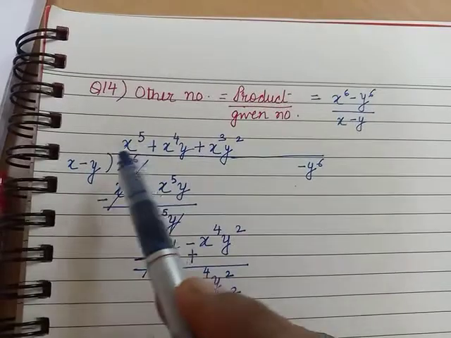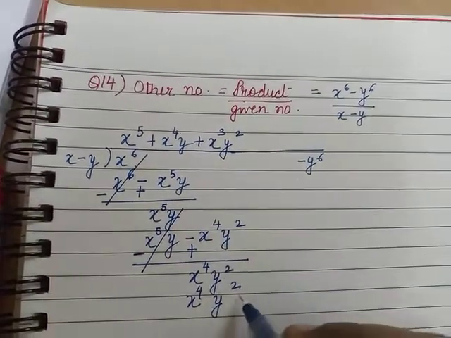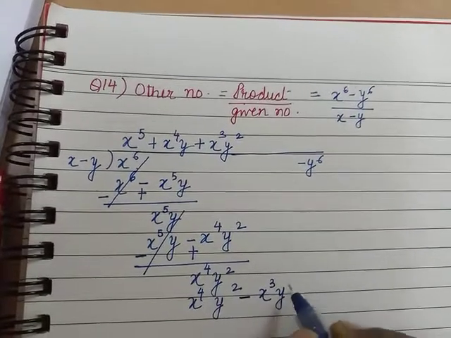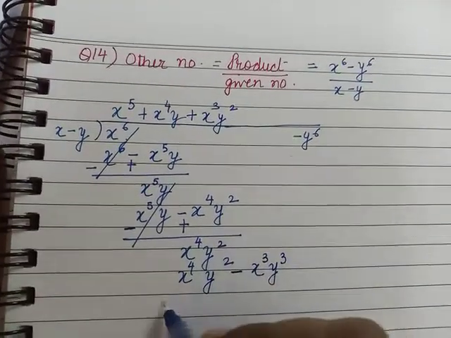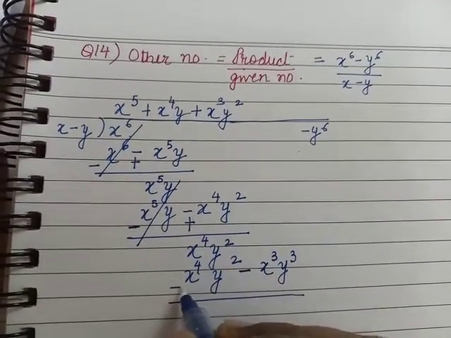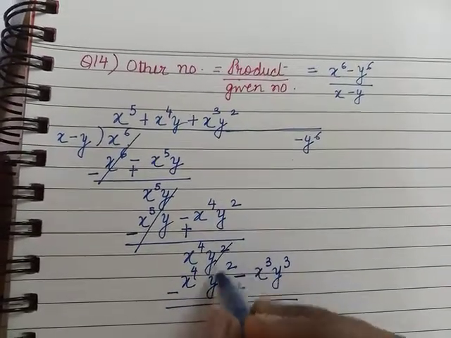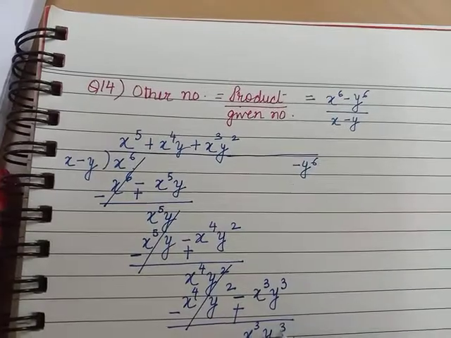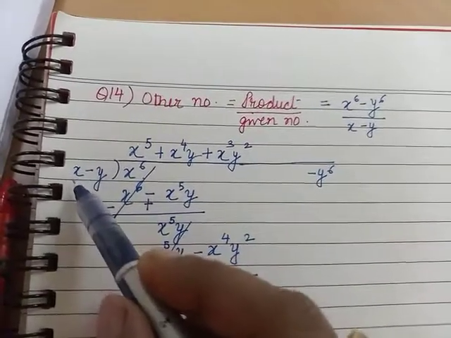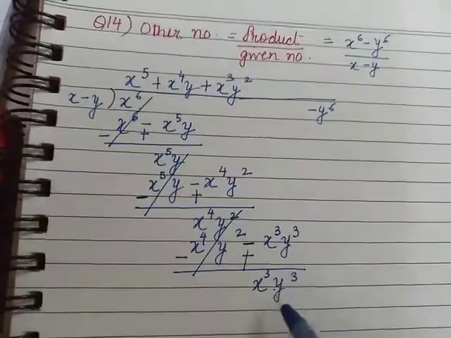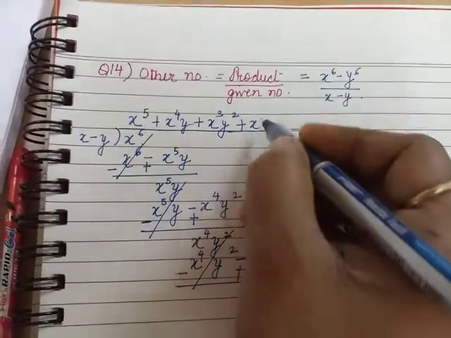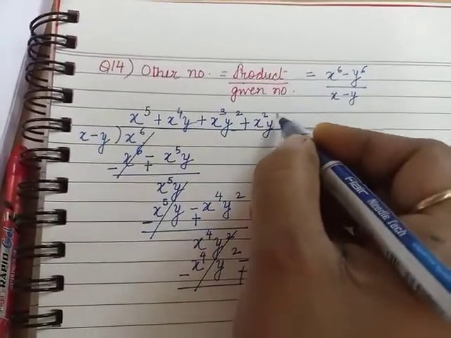When you multiply with the second term, plus minus will become minus and you will get x cube y square. Into y will give you y cube. Now again we change the sign. So this gets eliminated. We are left with x cube and y cube. We have x and we want x cube y cube, so we multiply it with x square y cube.